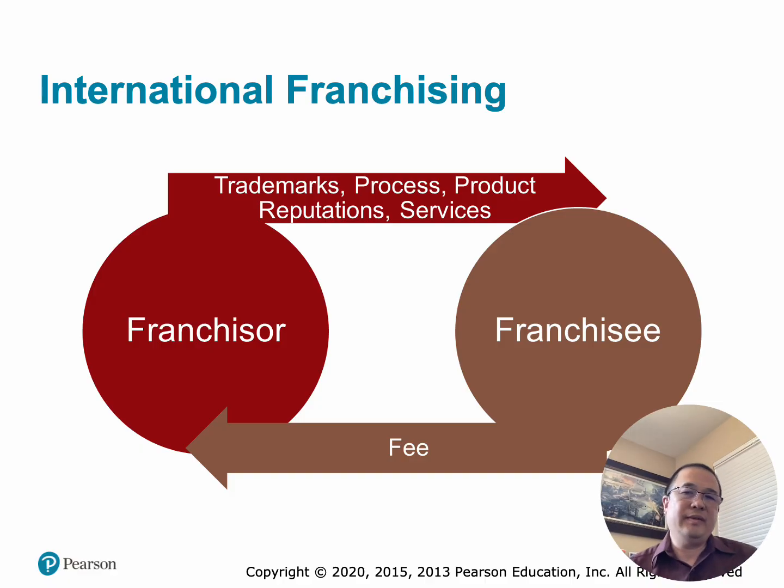Here are examples of international franchising. Restaurants: McDonald's, Subway, KFC. Hotels: this would be Hilton Hotels and Resorts and Marriott Hotels. Retail: the UPS Store. So the advantages of international franchising for the franchisor: low investment, rapid global expansion, ongoing royalty income, local franchisees understand local markets, and lower operational risk.